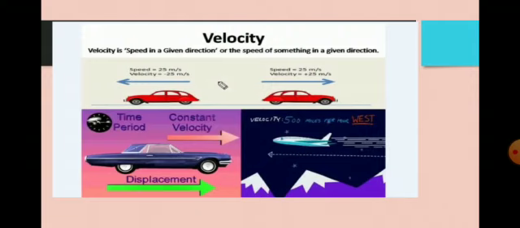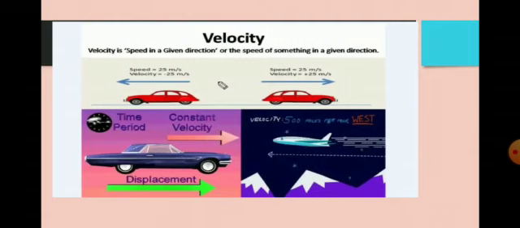So as you see the two cars which are moving in opposite directions, the first car that is moving towards the right side, its speed is 25 meter per second, but its velocity is plus 25 meter per second. This positive sign shows that this moves towards the right side, or this move towards the eastward. And we take the east and the north direction as positive, while the west and the south direction taken as negative. And the second red car moves towards the left side, so the speed is 25 meter per second, but its velocity is represented with negative sign minus 25 meter per second.